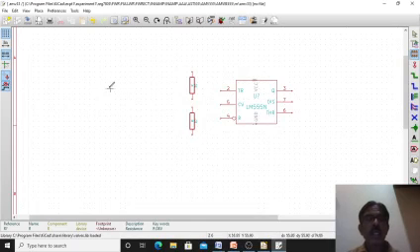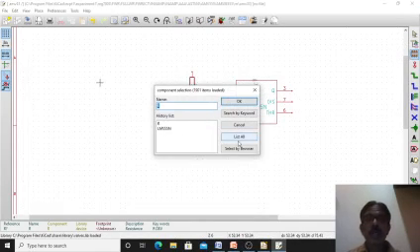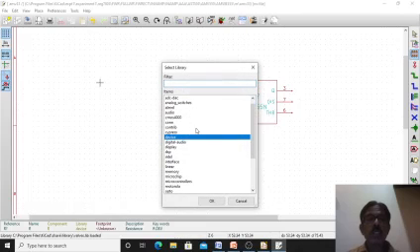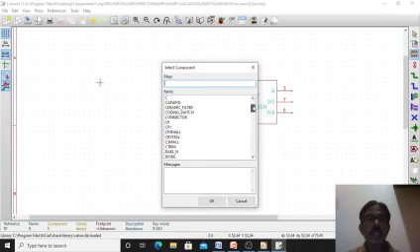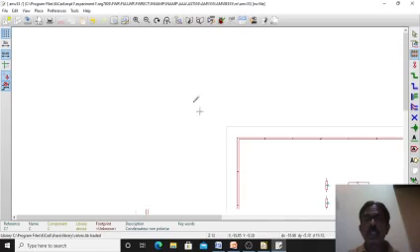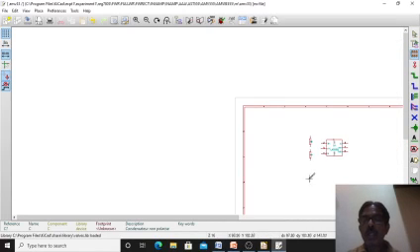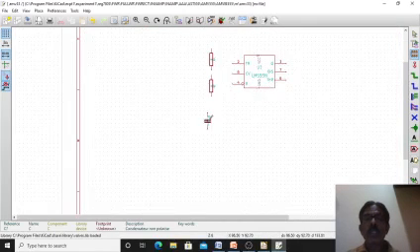Then again go here, Place a Component, List All. Then I require two capacitors. Under Device the capacitors are there, saved as C. You just see where that capacitor C is here. As you see in the circuit diagram, it is also connected in series with these.